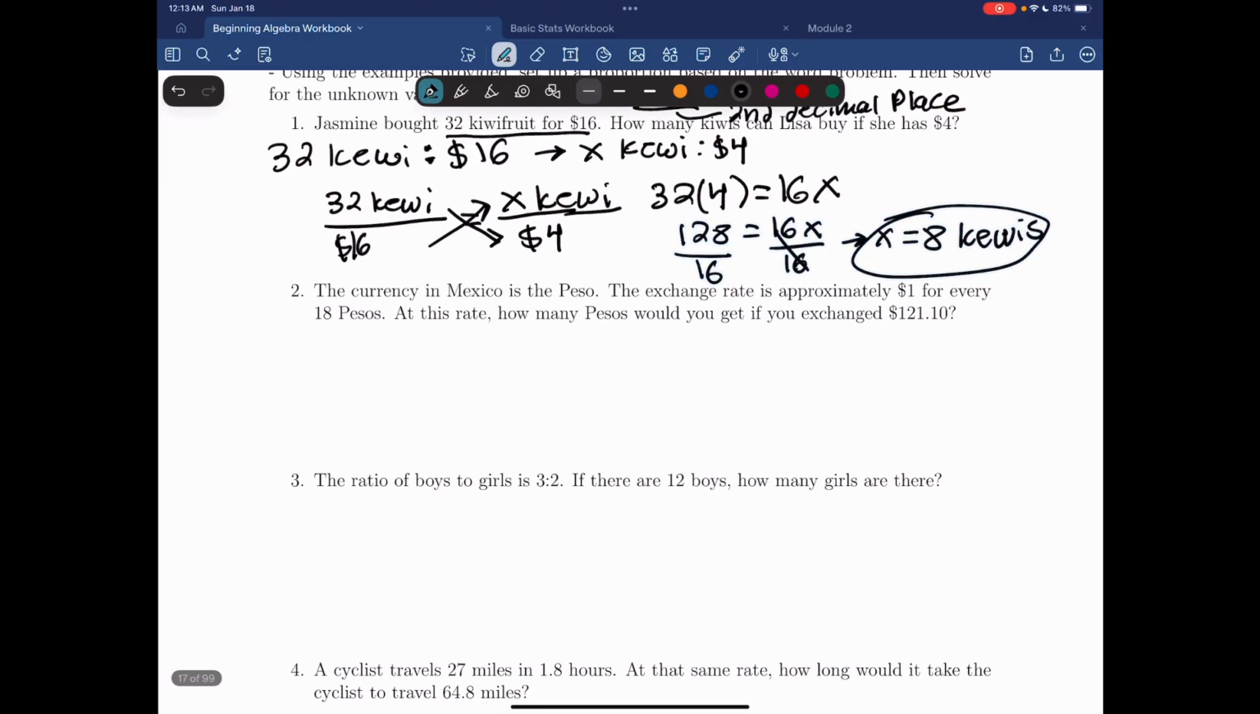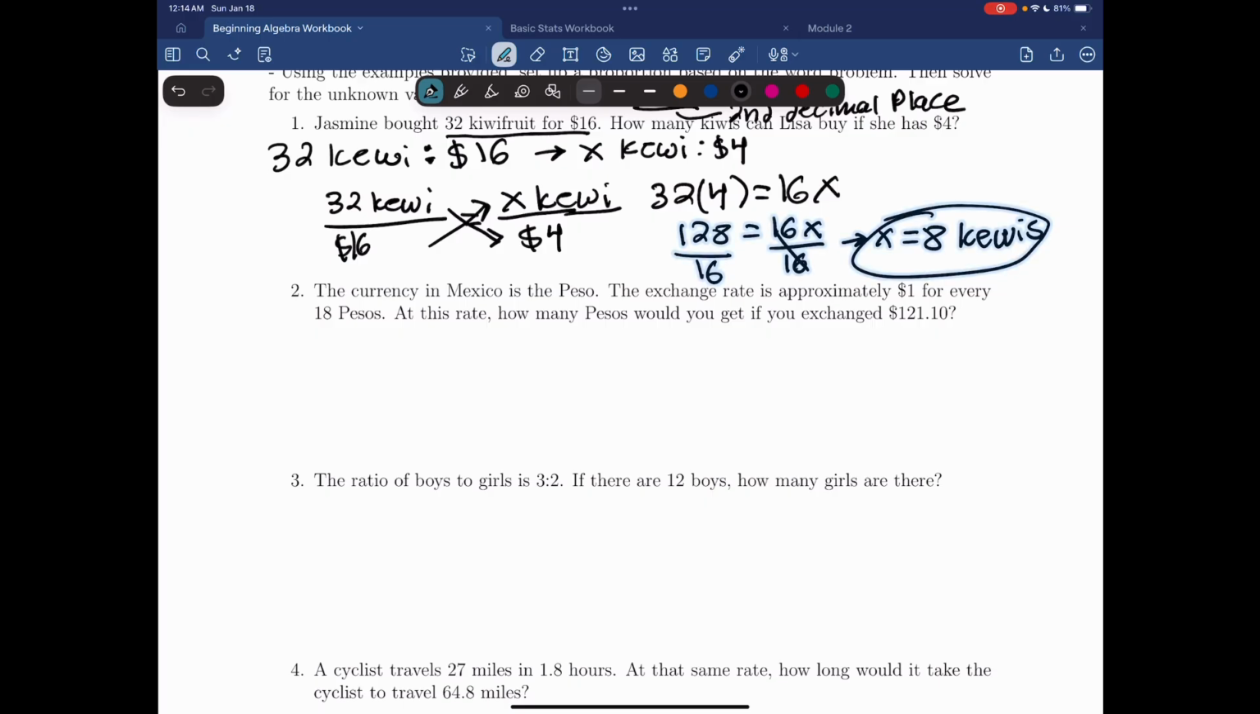Alrighty, looking at example number 2, we have the currency in Mexico is the peso. The exchange rate is approximately $1 US dollar for every 18 pesos. At this rate, how many pesos would you get if you exchange $121.10? Now, actually, I did look this up. It's technically like 17 point something, but I just rounded up to 18 pesos. So when we solve the problem, you'd get a little bit more than you'd actually get,